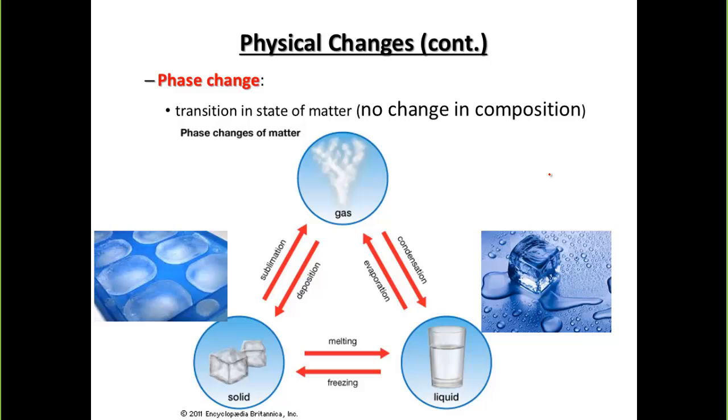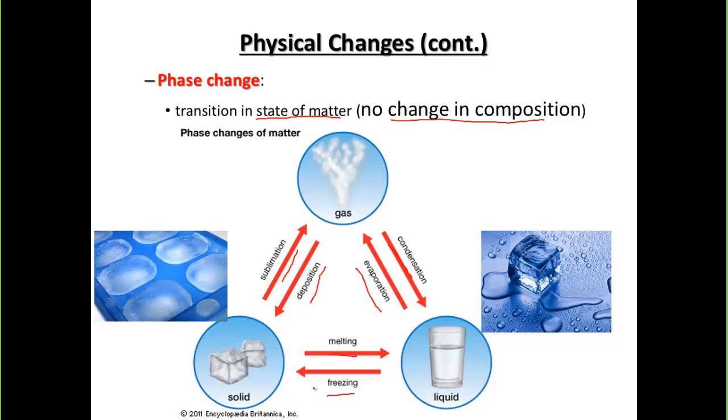To include with physical changes, going back, a change in the state of matter. So no change to the composition. An example is we go from a solid to a liquid to a gas, and it could still be water. We could see water as a solid, water as a gas, or water as a liquid. There are 6 terms that you need to write down and to know, depending on if we're going from a solid to a liquid, liquid to a gas, or gas to a solid. So liquid to solid,